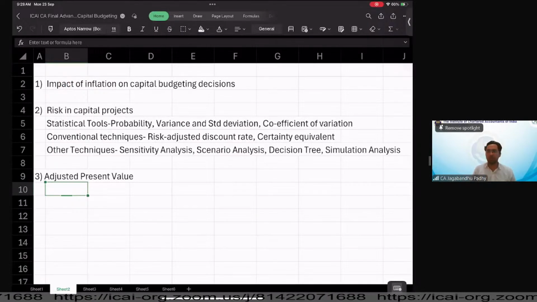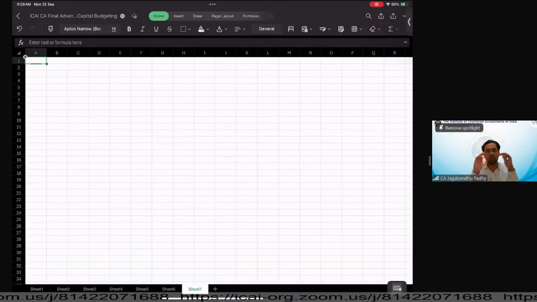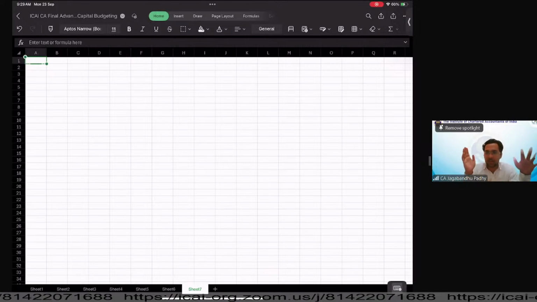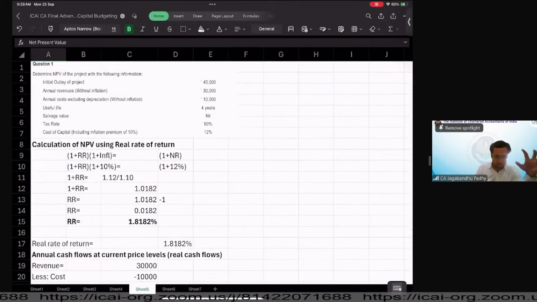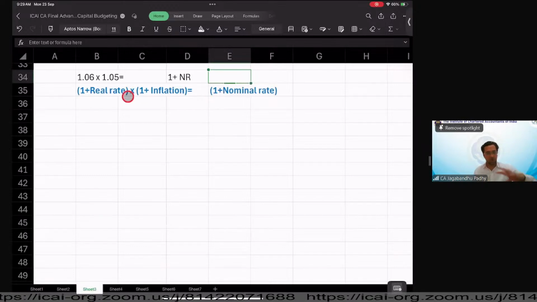Now, still we have half an hour to go. So let me get started with the next aspect, which is the statistical tools in risk analysis of capital projects. Before I start with the risk analysis in capital projects, I will first take today's session to make the statistical concepts clear, the basics. And once the basics are clear, then we can simply run the rocket for application of it into the questions, right? Like, first we got the concept of inflation adjustment. We got to know how the prices are adjusted. We got to know this formula.